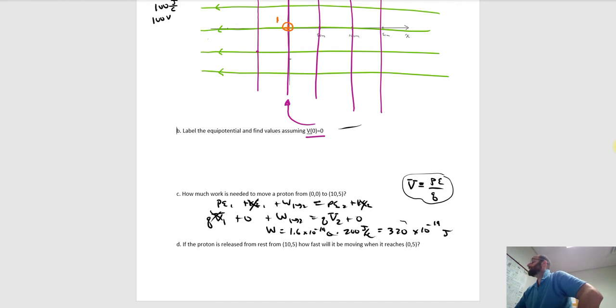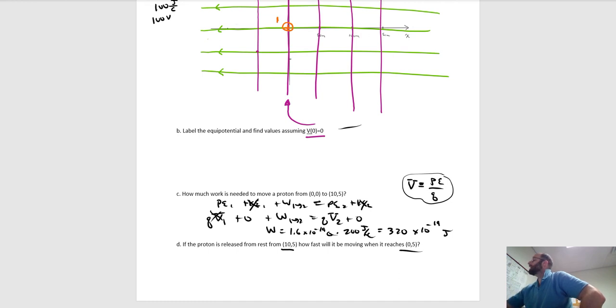Now, I know that this is not proper scientific notation, and to that I'd say, so what? I'm just going to leave it alone. 320 times 10 to the minus 19th joules is perfectly acceptable. Okay, part D. If a proton is released from this position, what will its speed be when it moves through